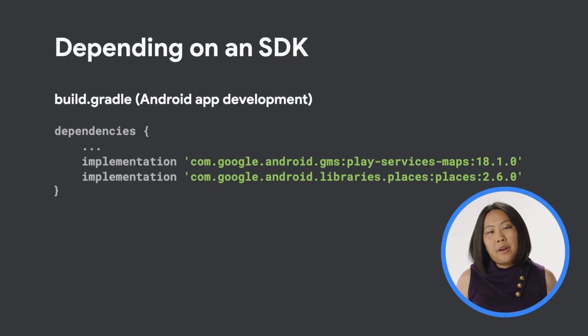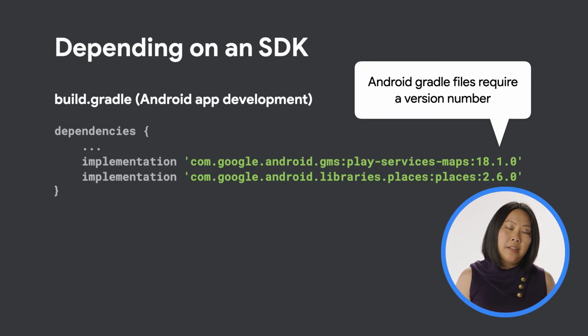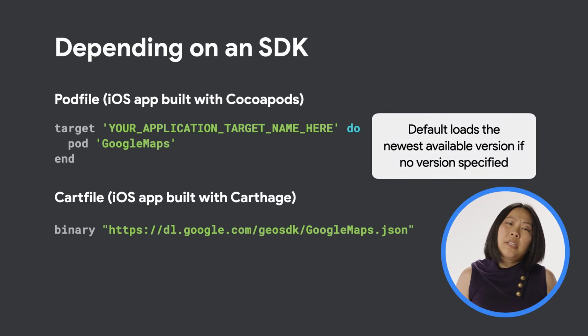If you don't specify which version of the SDK to build your app with, the default is often to load the newest version of the SDK available. That can mean unexpected surprises if the newest version contains breaking changes, since that may cause errors in your existing